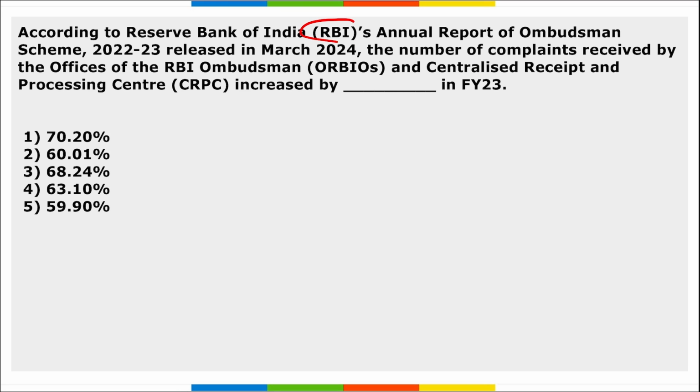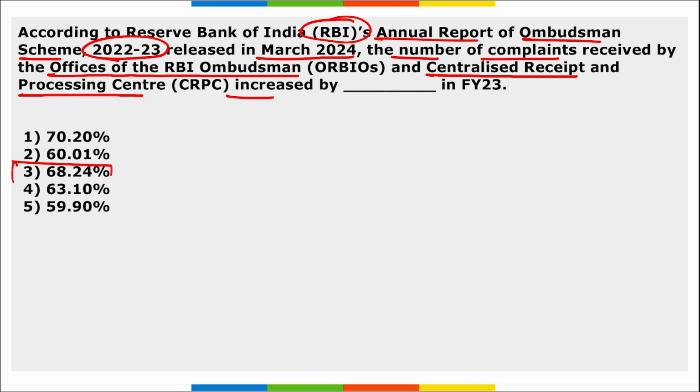Next, according to RBI's annual report of Ombudsman scheme for 22-23 released in March 24, the number of complaints received by the offices of RBI Ombudsman and Centralized Receipt and Processing Center increased by how much in FY23? So it increased by 68.24%, right? The report that was released on March 11th is the first standalone report under RBI's integrated ombudsman scheme